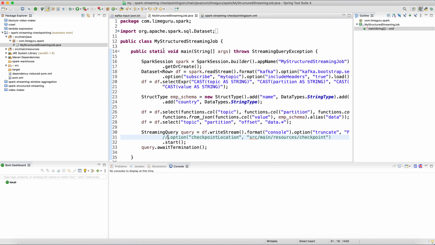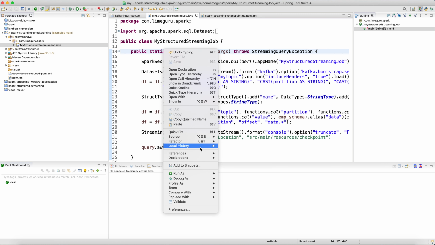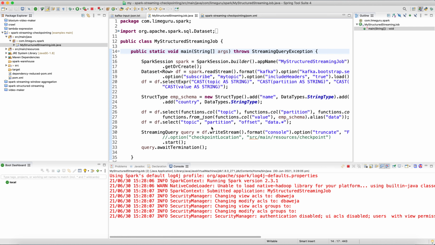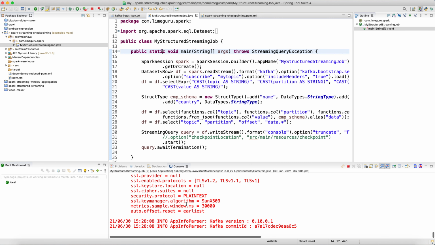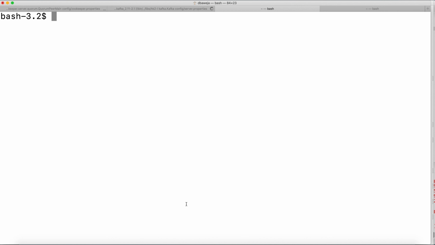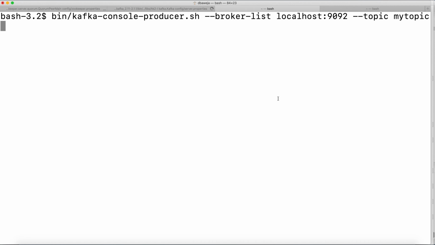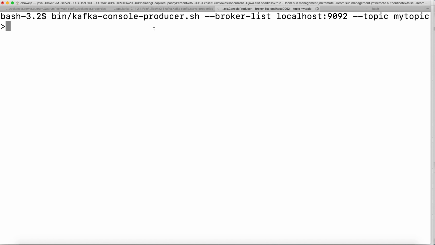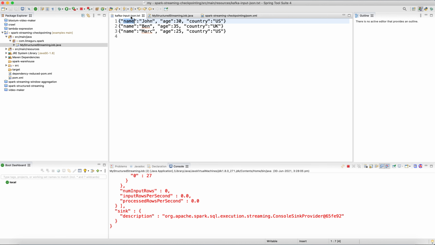Let me start my Spark job first. Let me run it. Here is my Spark job which I'm running. Let the Spark job run in the background. I'll launch the producer also. This is going to be my producer on localhost, and the topic name is my topic. If I press enter, my producer has also started, and my Kafka brokers and Zookeeper are already running. You can see it's already running on my local, and I have started my Kafka producer here. We are going to publish a few messages here.